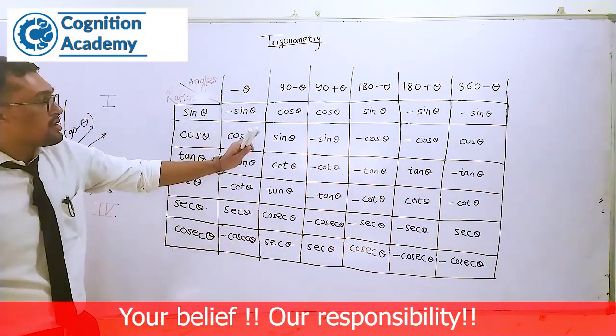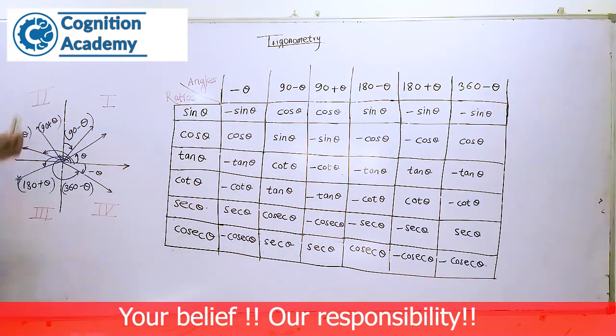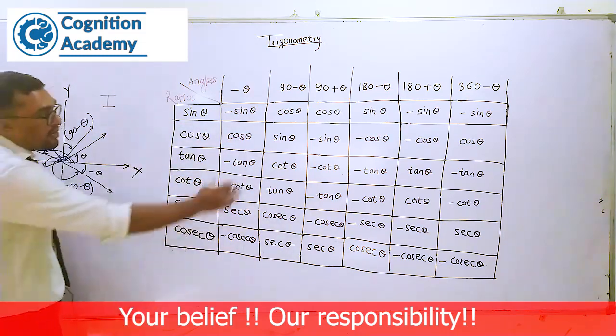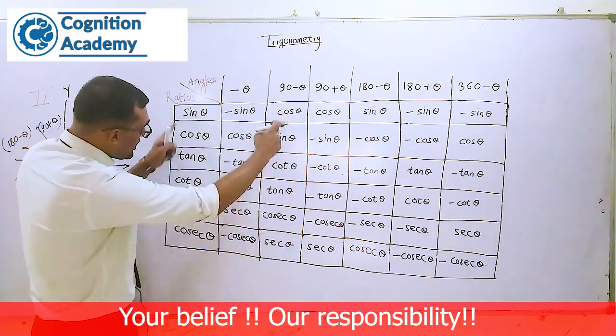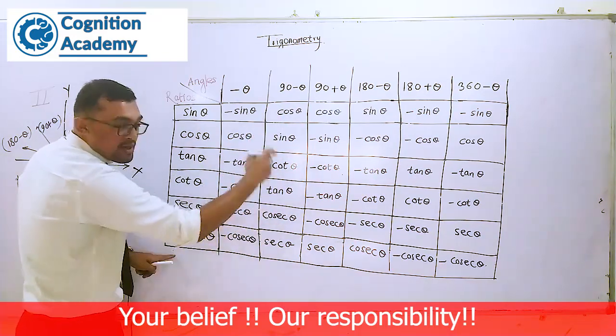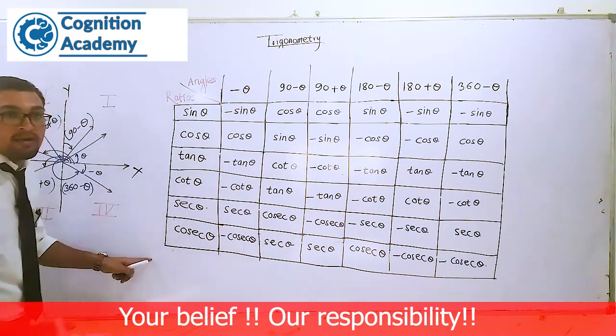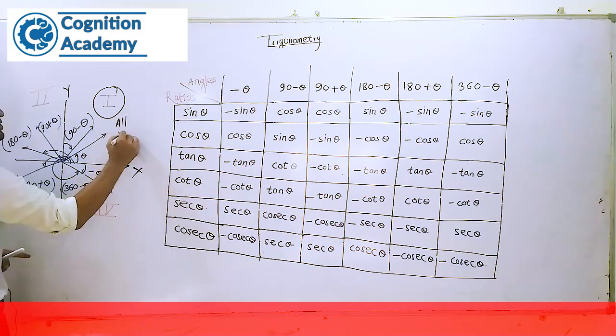Now let us look at these values of angles in the quadrant form. Let us suppose this is our x and y axis, and this is the first quadrant, second, third, and fourth quadrant. Now for the first quadrant we have two angles, that is angle theta and the angle 90 minus theta, these two lines. For these two lines we can see that all the values of trigonometric ratios, that is sine, cos, tan, and the reciprocals, are positive. So we can say that for the first quadrant all values have positive sign.